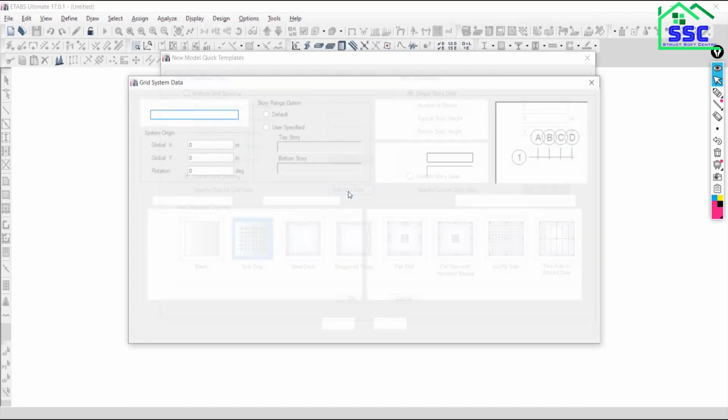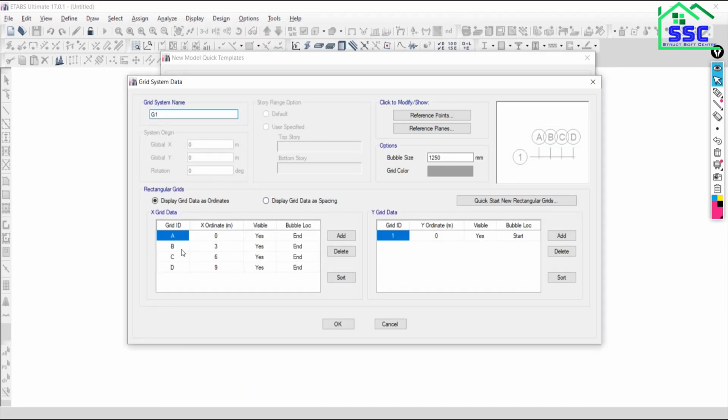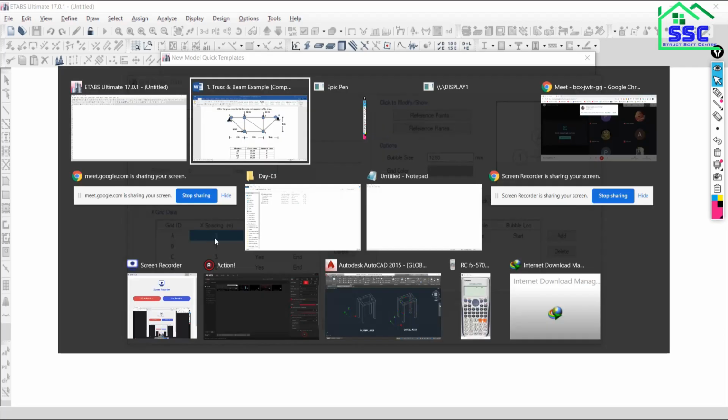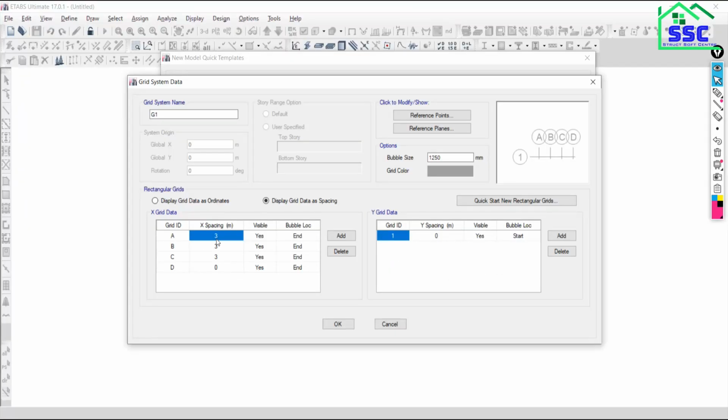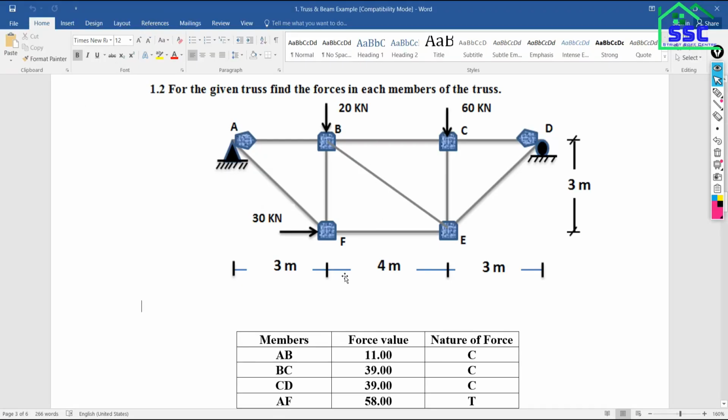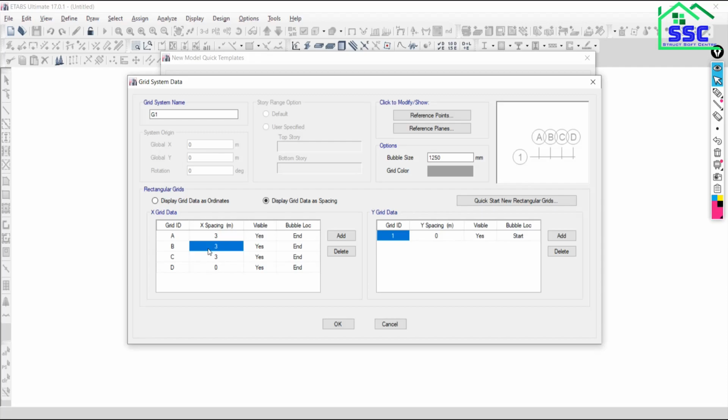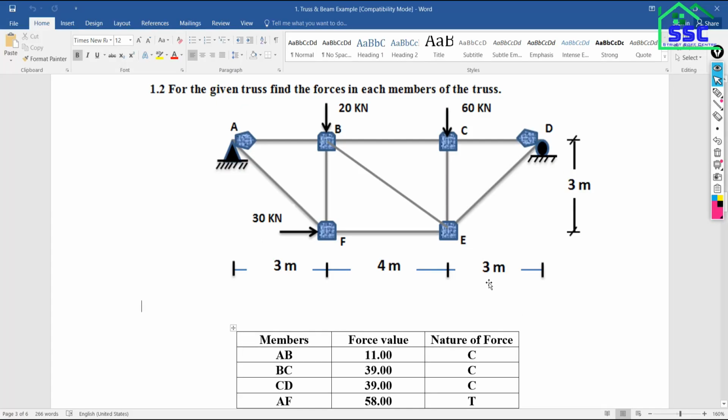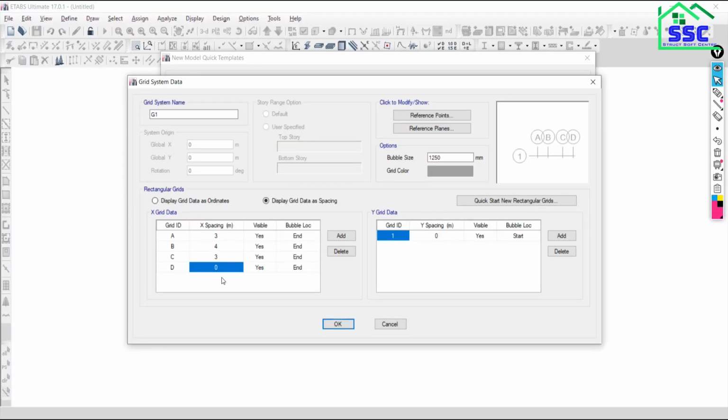Edit grid data. Once you click on it, just put the distances with the display grid spacing option. With the display grid option, put the 3 meter, then 4 meter, got it, then 3 meter, got it.